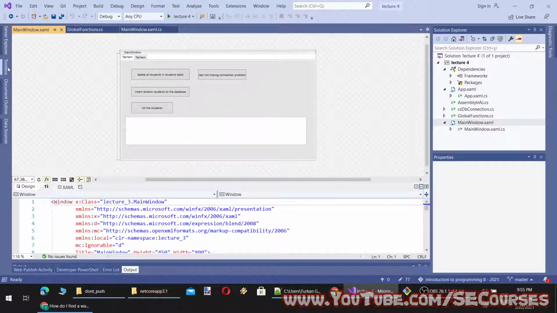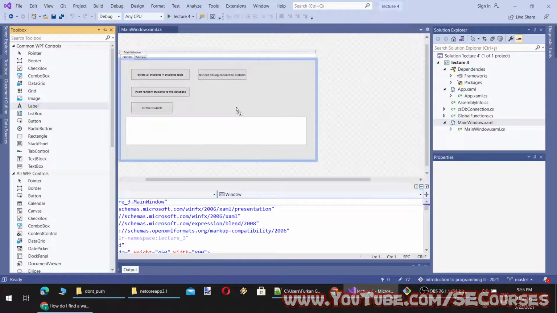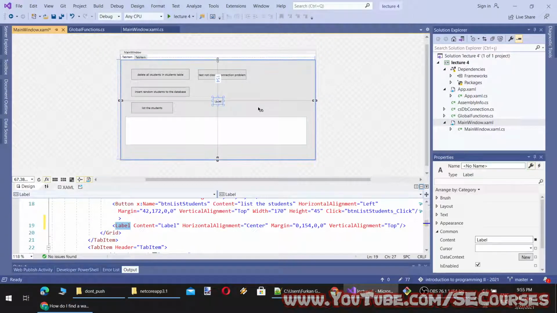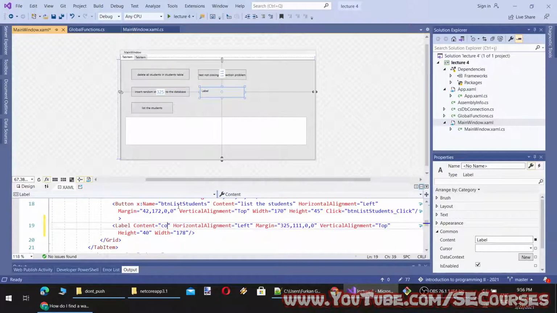So here, let's add a label. This will be our counter, and let's name it counter.